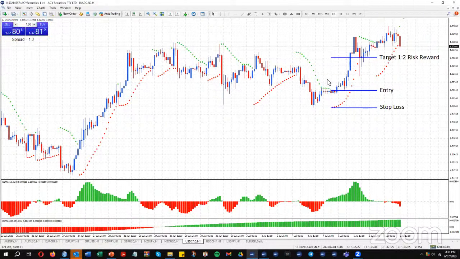So we always have to look at risk to reward as the first thing, and then once we're in the trade, as the trade becomes profitable, managing the potential risk on the trade and getting the risk out of the trade as best we can. And then, of course, the next step is looking to exit at your target.